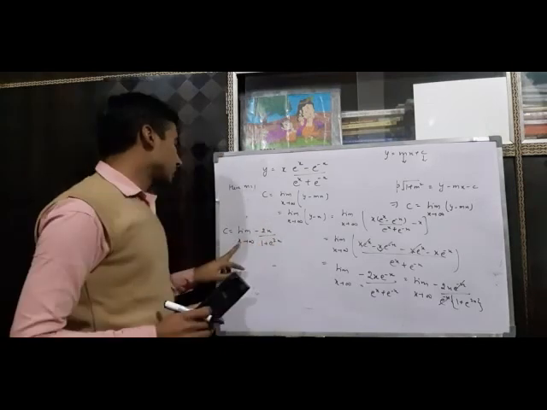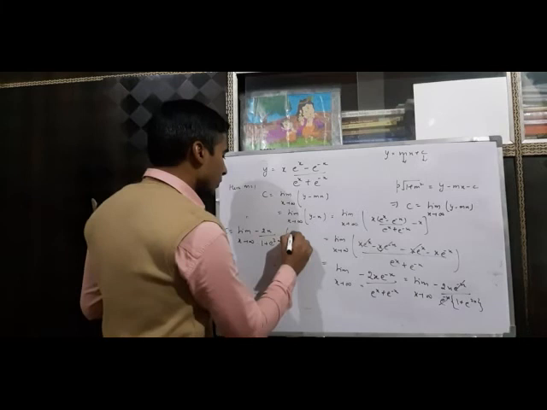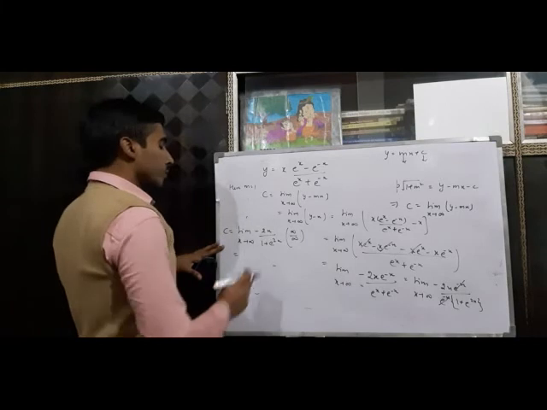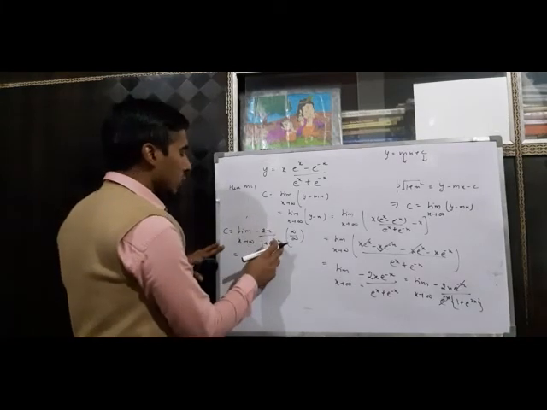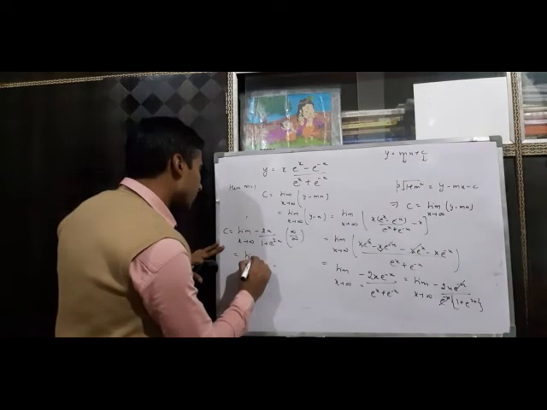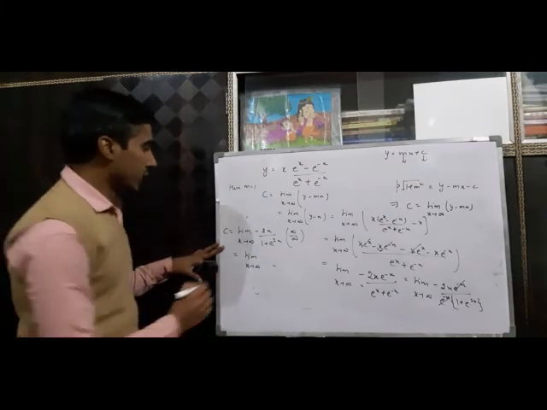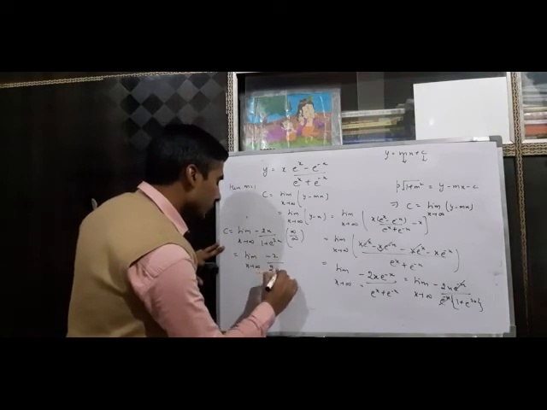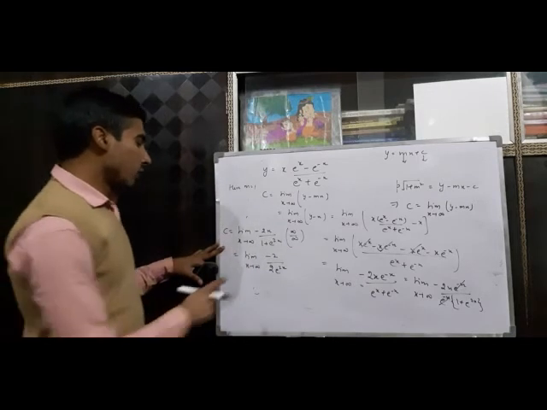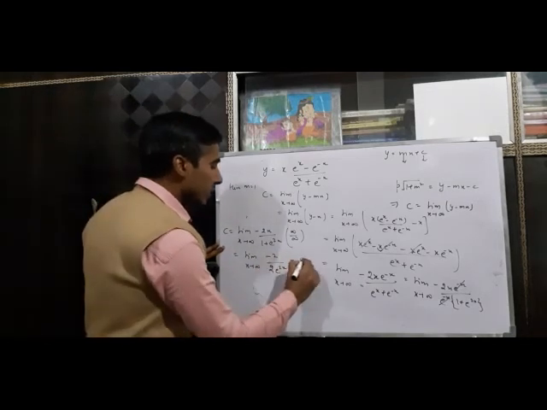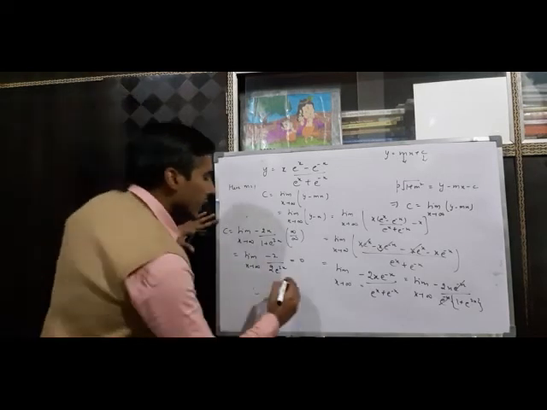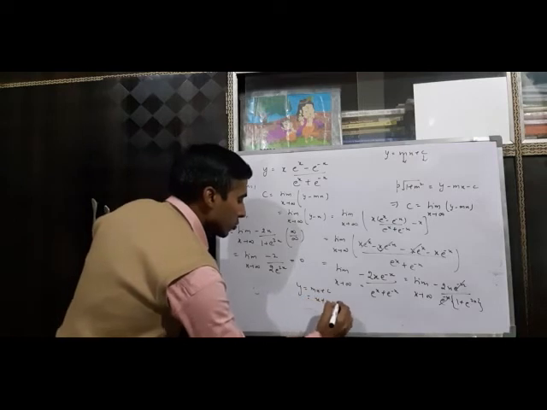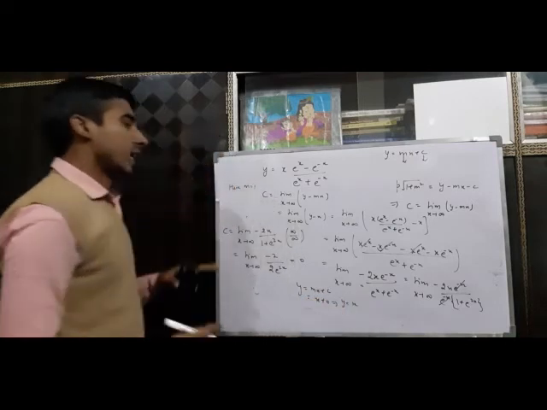If we put limit x to infinity, we will get the form infinity by infinity, so this is an indeterminate form. So we apply here L'Hopital rule, so differentiate numerator as well as denominator. It can be written as limit x tending to infinity minus 2 over the derivative of the denominator, which is 2e^(2x). Now if we apply the limit x tending to infinity, it will be 0. So the asymptote we get here is y is equal to mx plus c, m is 1 and c is 0. So y is equal to x is an asymptote.